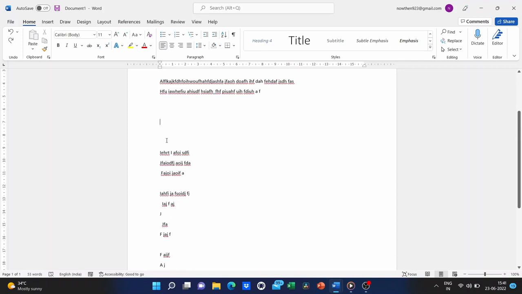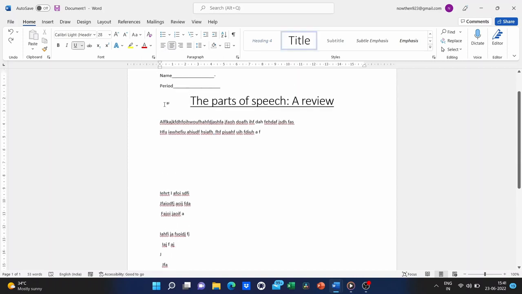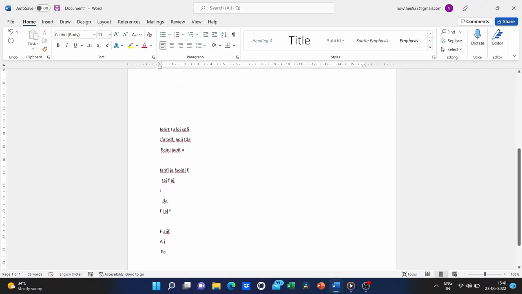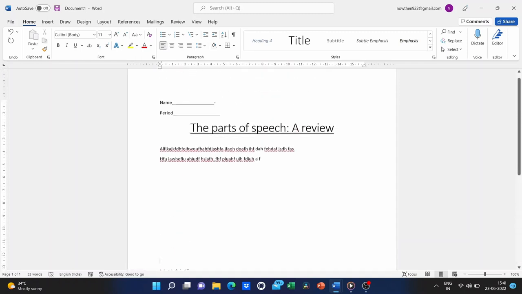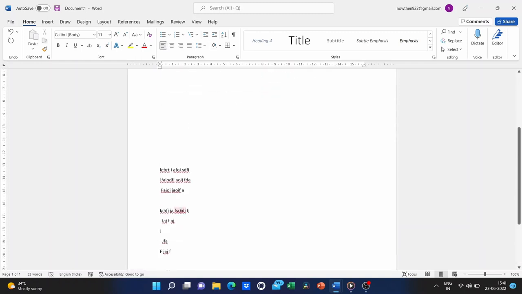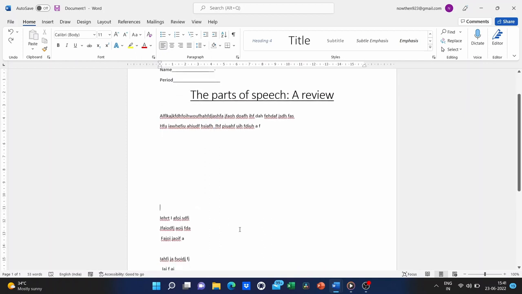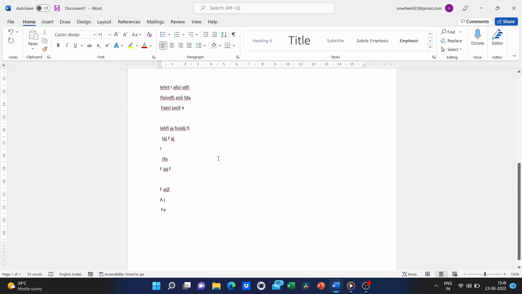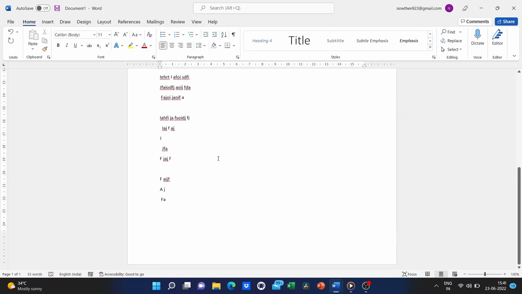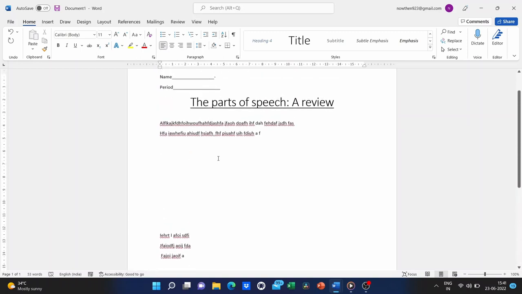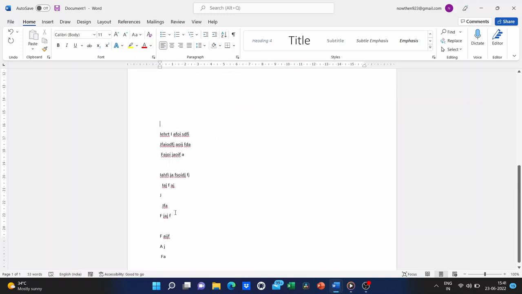I can go back up though, by clicking and make changes, make adjustments. Okay, and I'm really ruining this document, aren't I? So, I'll just undo a few times, but the point is that if you want to put in some blank space and then type something below, you're gonna have to tap enter a few times to move the cursor down, and then you'll be able to type down below.